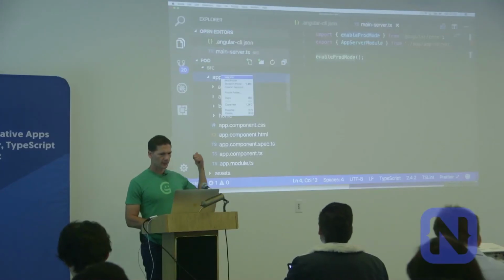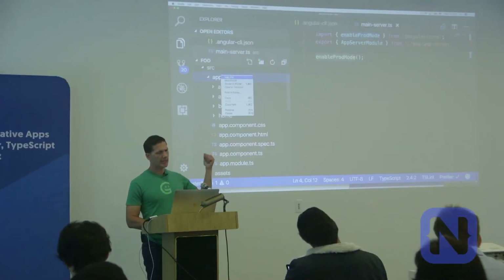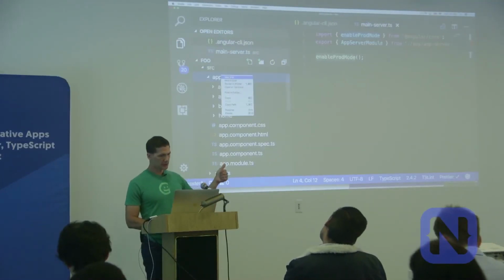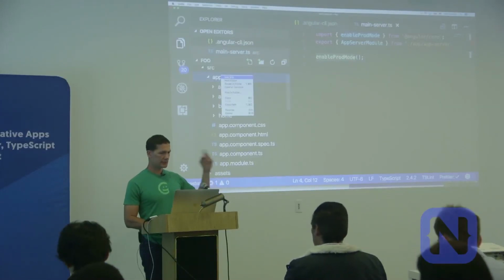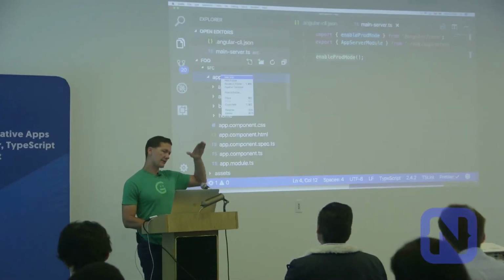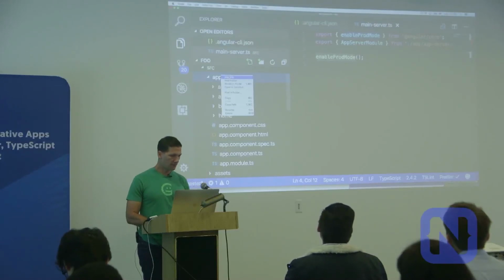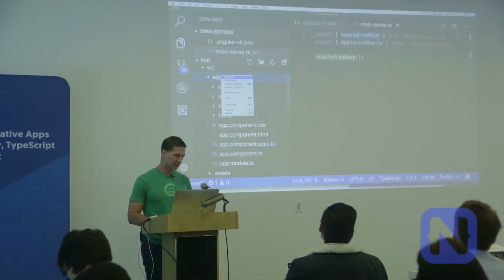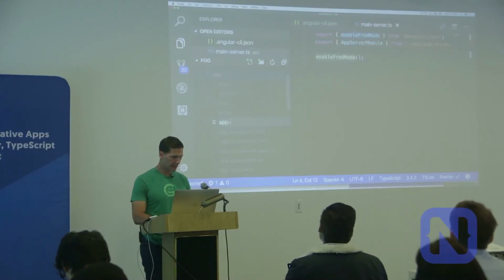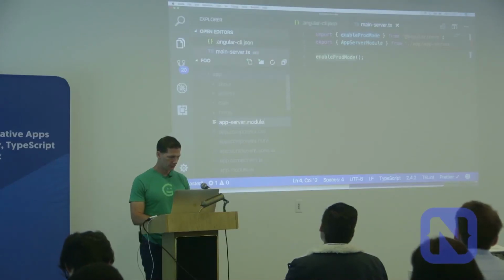So you're adding the app to the Angular CLI JSON. You're creating a separate main, which is the entry point. You're creating a separate module, because the modules have to be different for each platform as well. So let's create an app server.module.